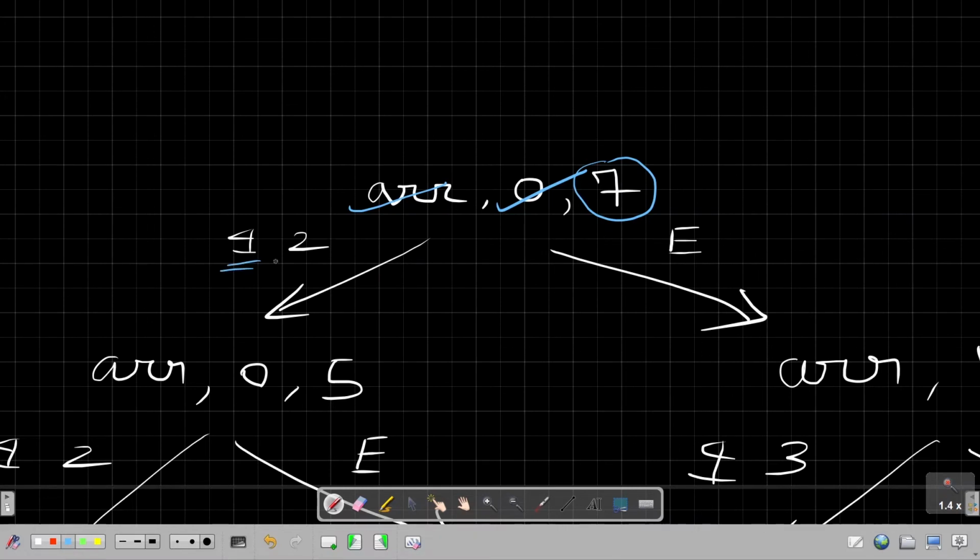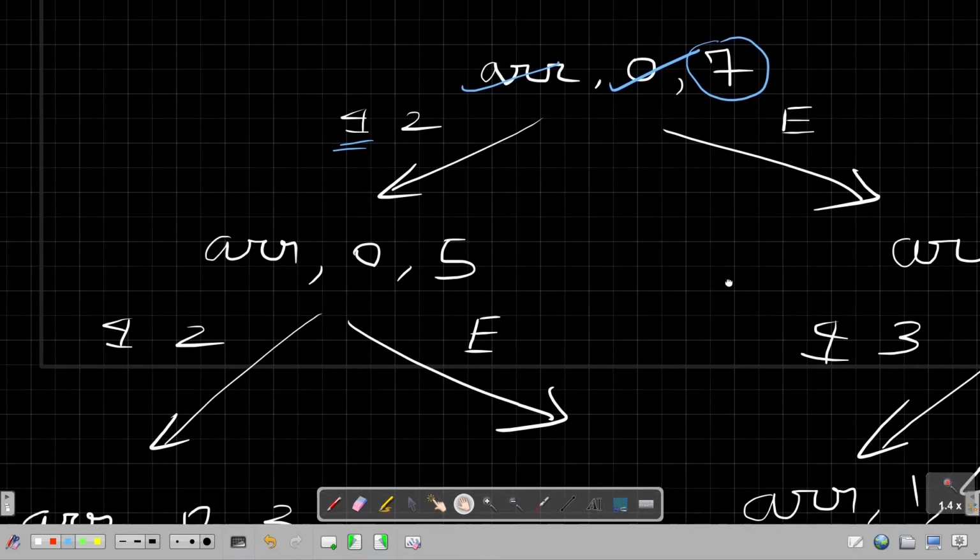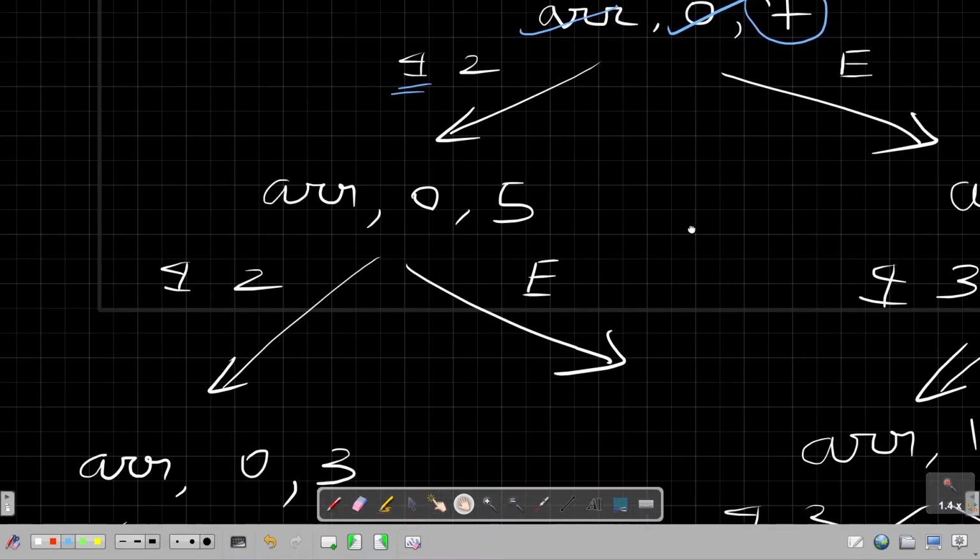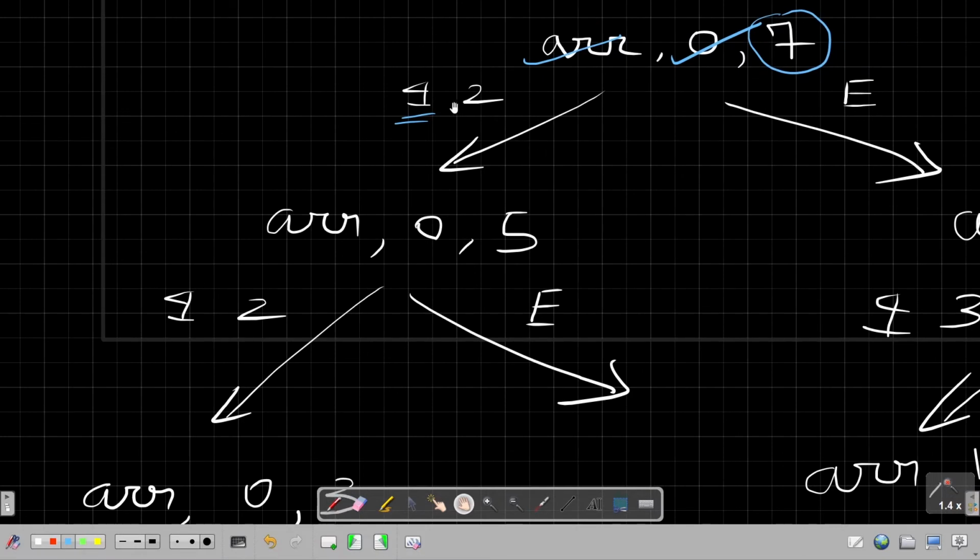So I denotes include. Include means I am picking that element. So include 2 means I have picked 2. And exclude means I am skipping a number. The element at index 0 is 2, so I have included 2, and the sum which is left to me, or the value of the target variable which is left, is the target minus 2, or 7 minus 2, which is 5. This is the new target.